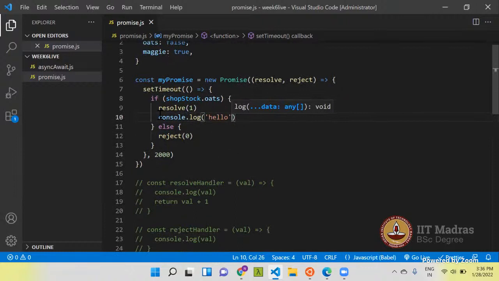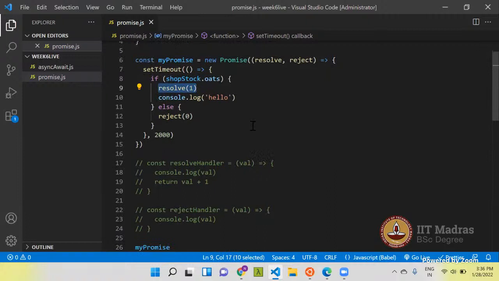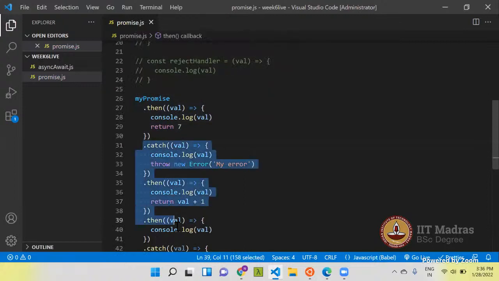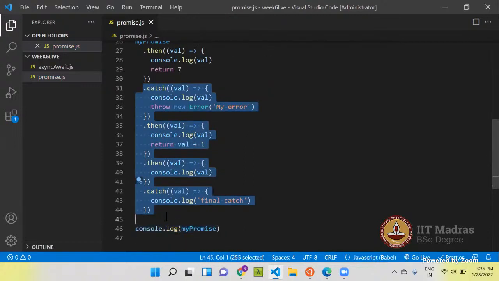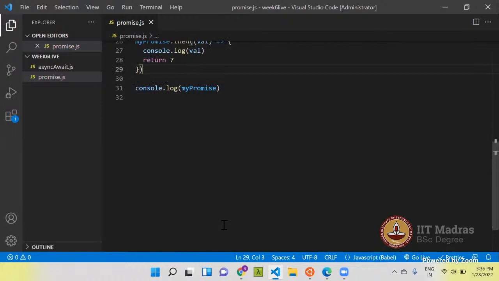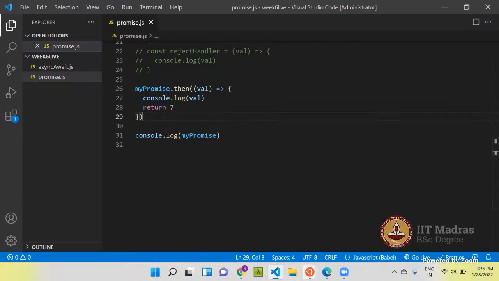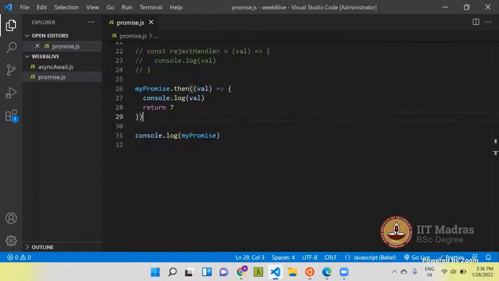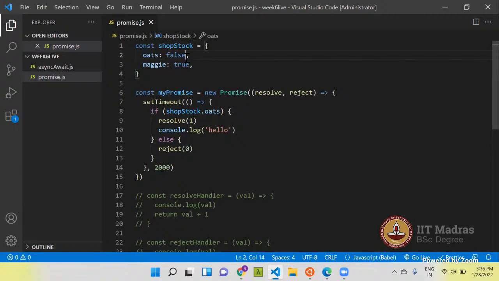So I guess this will be triggered asynchronously and this will be triggered synchronously. Let's remove that. Rejection is there, so I'll just change the value to true.